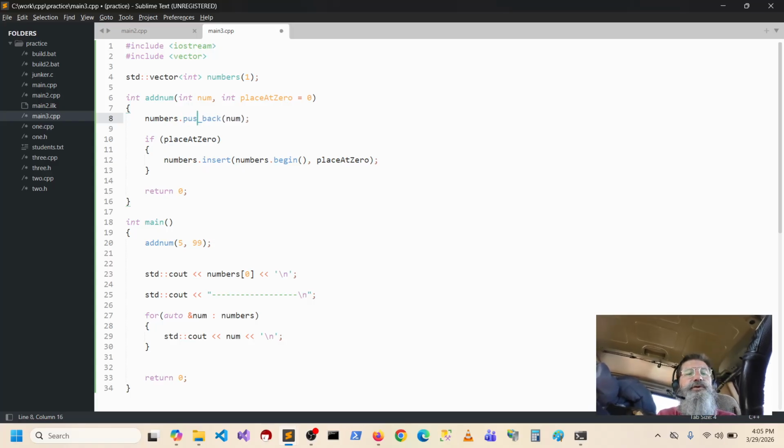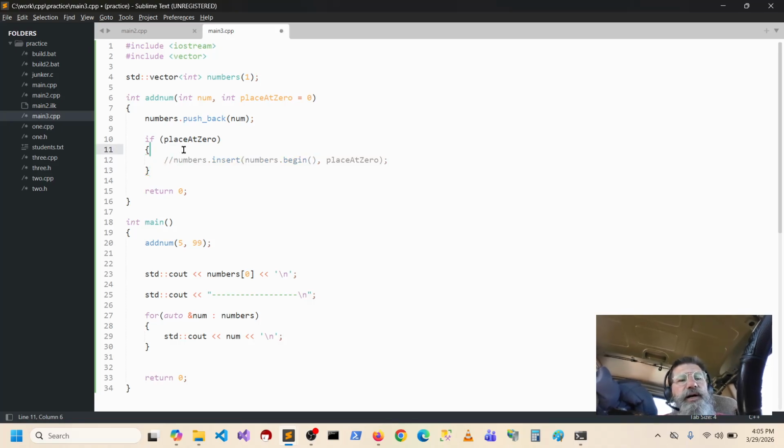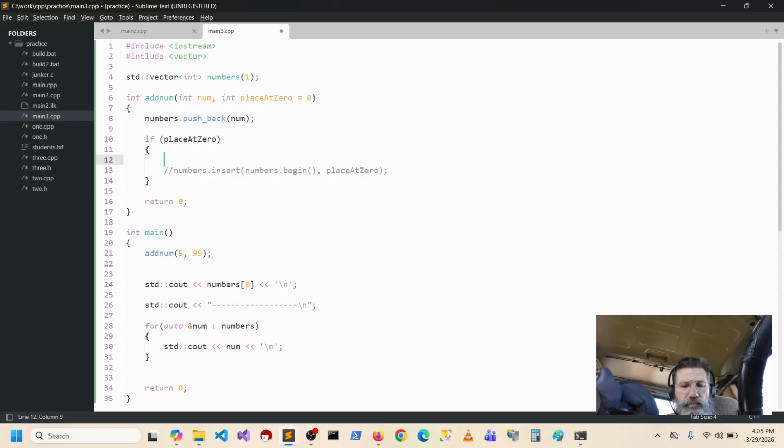Just because that's usually what I see in code. We got the insert at the beginning, so we get 9905. So instead of this, did we already try? I can't even remember now.